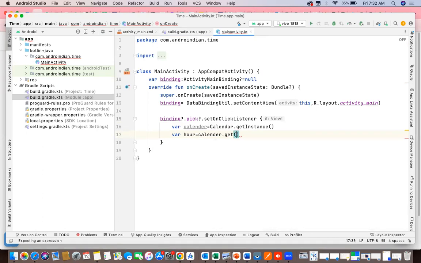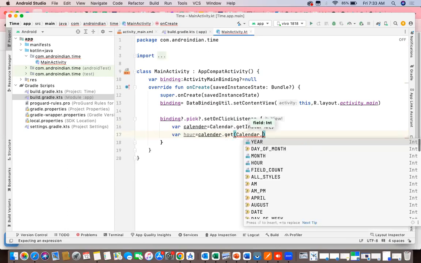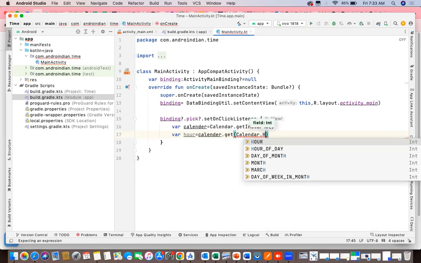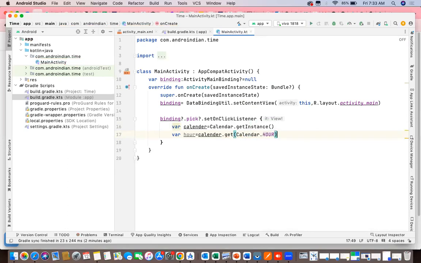So we have to get the hour, and same for minute, equal to calendar dot